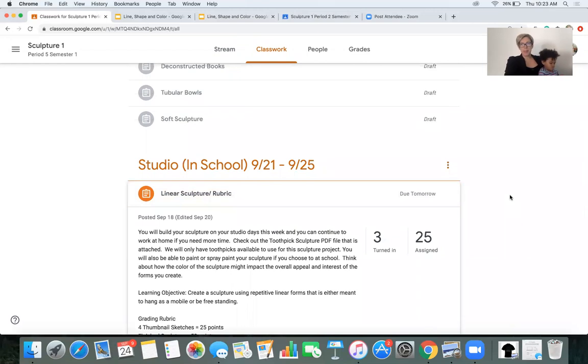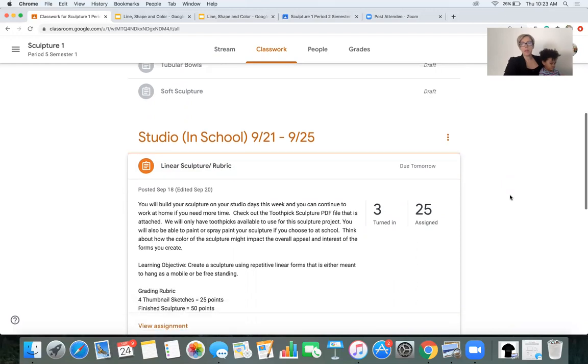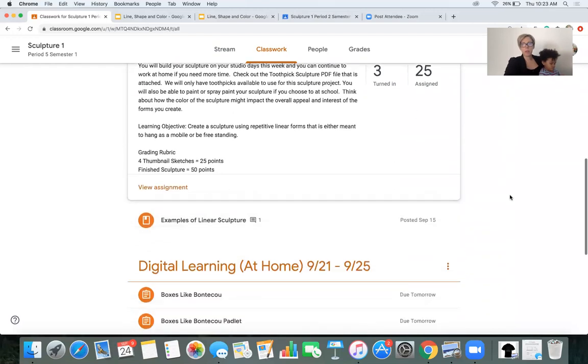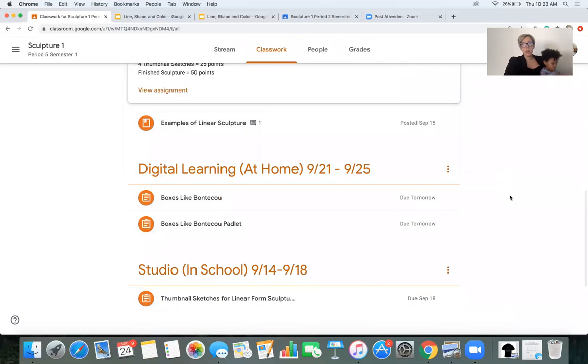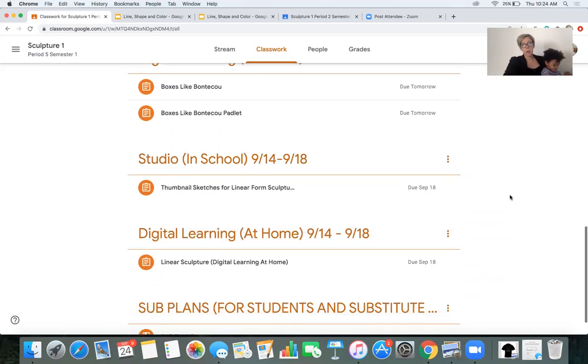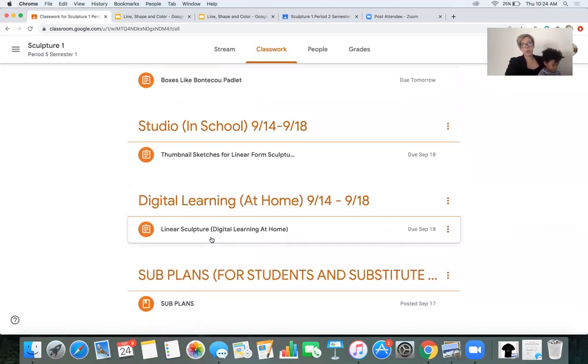We're waiting on some of our other sculpture materials to arrive from our summer supply order, but this is a very interesting process because sculpture can take many different forms. So right now we're working with this really basic material of toothpicks, and we're making small scale miniature sculptures. The way that we started this off was last week